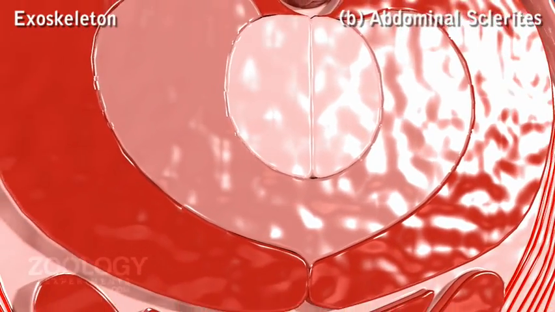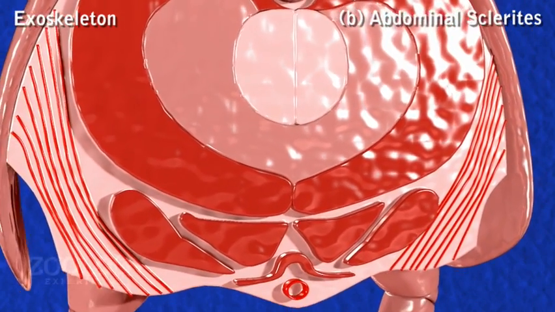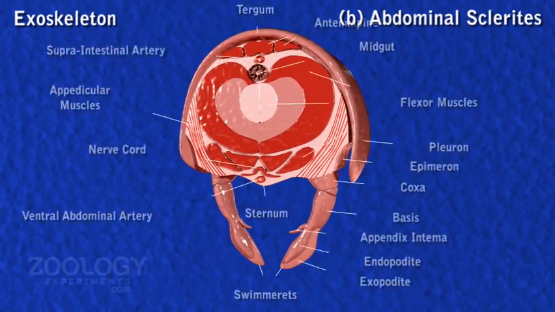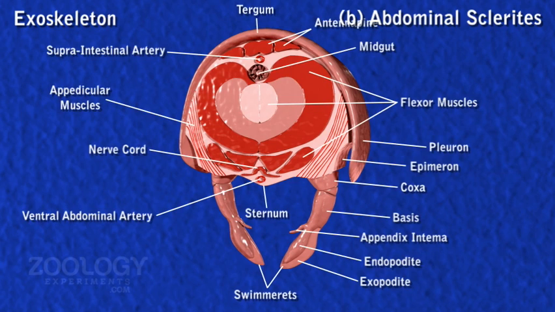Abdominal sclerites. The sclerite of each abdominal segment is separate, with movable joints. In each abdominal sclerite, its dorsal broad plate is called tergum, and ventral narrow transverse